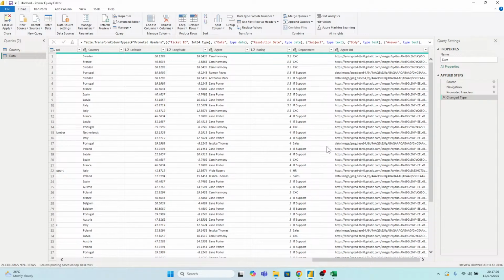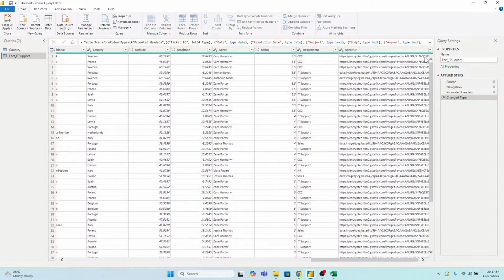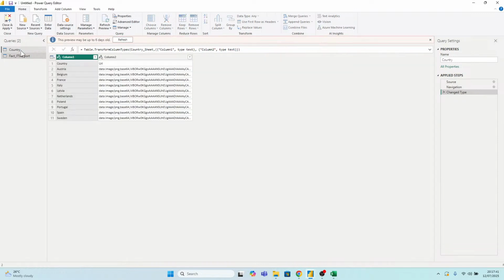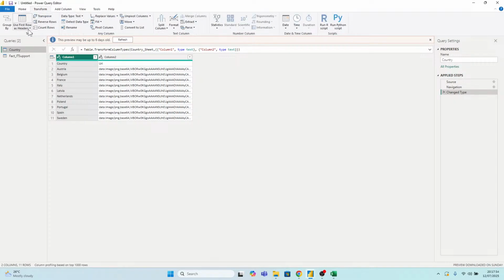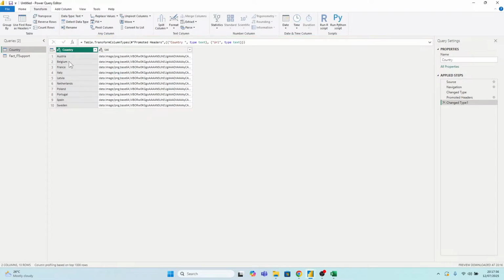So the next thing I'll quickly do, I'll rename this to be fact, let's say IT supports. That's just the name of my table, the name I want to call my table. Then if you come to the country dimension, you just find the country and the URL. That's the flag URL. So quickly, I would come to transform, use first row as headers, so I can have the country,